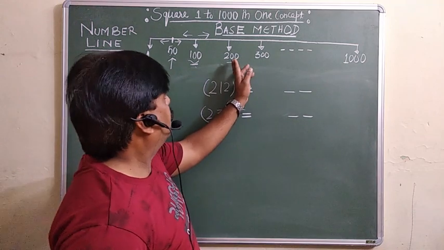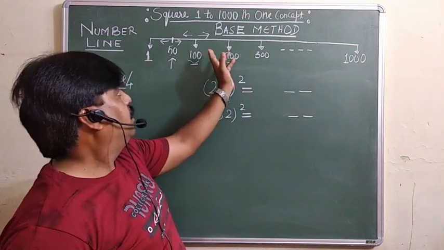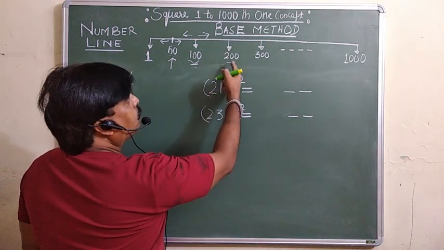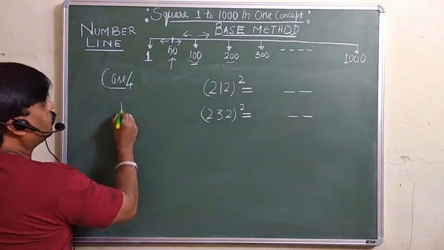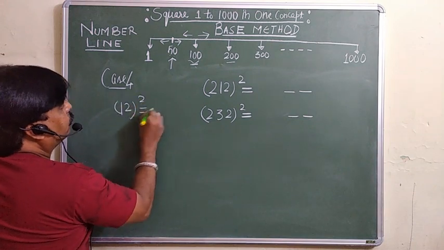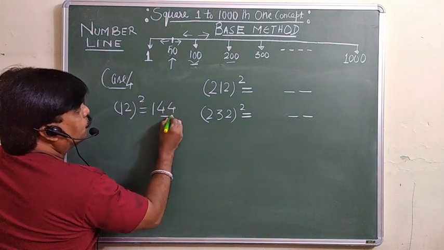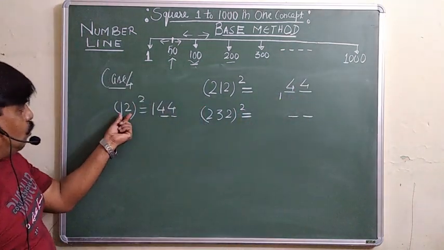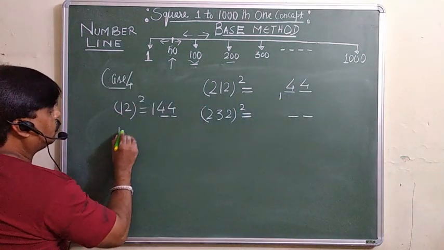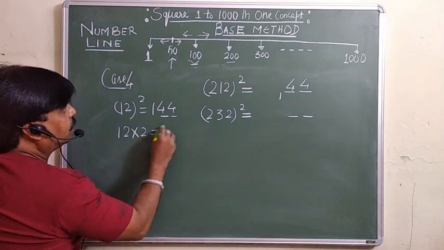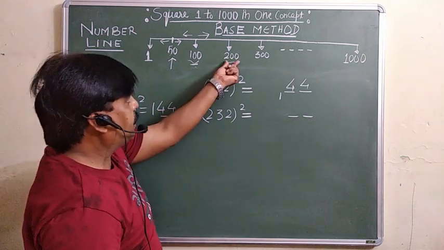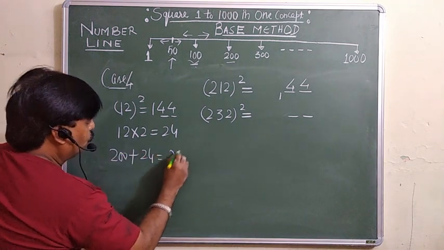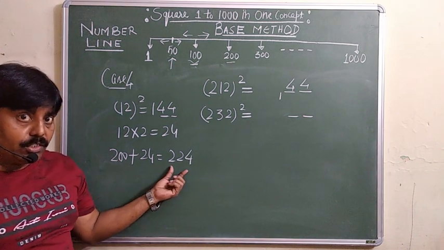Okay, now the number is more than 200 and less than 200. Both cases we will discuss. So this 212, how much more than 200 is this 212? So you must do the square of 12. 144. So this 44 you must write here and 1 is your carry. See now, whatever the difference is here, you must take twice of it. That is 24. And 24 you must add to 200, 200 plus 24. So that is 224. But now the work is not over.